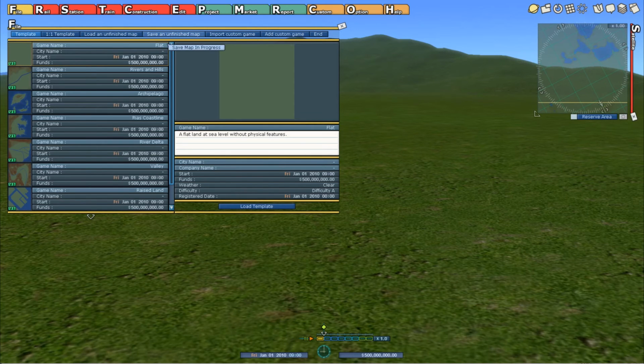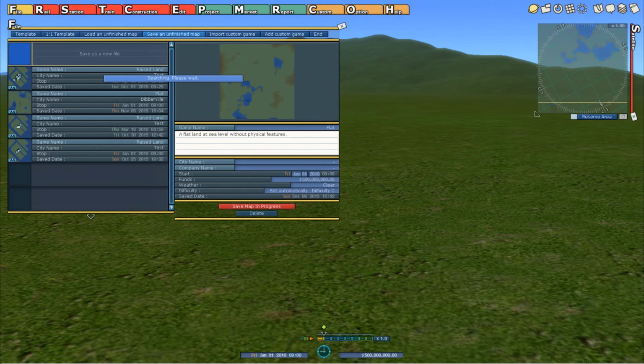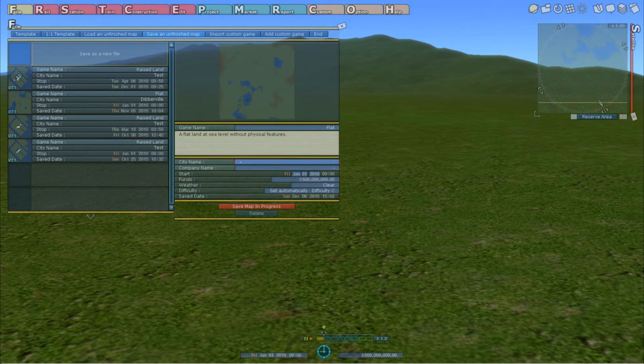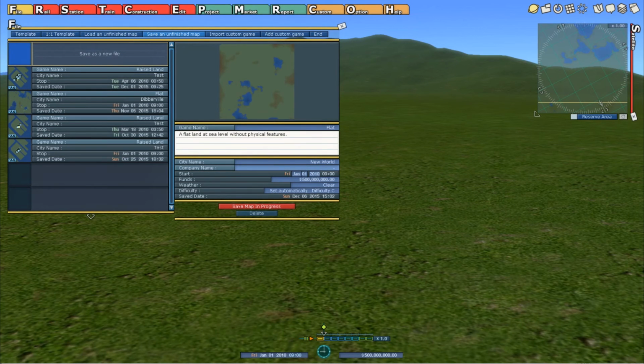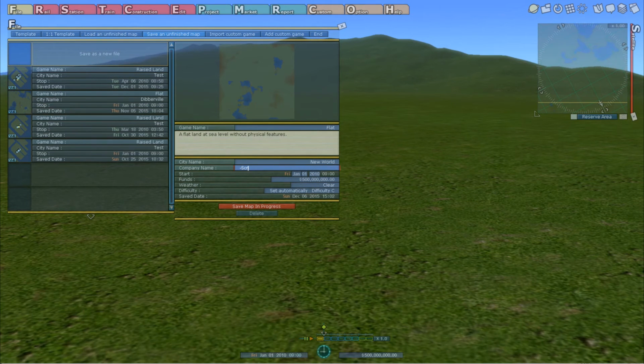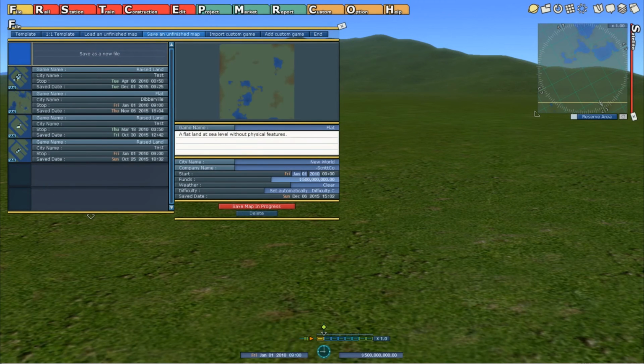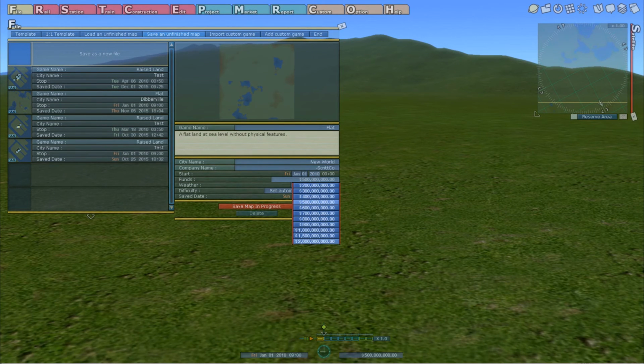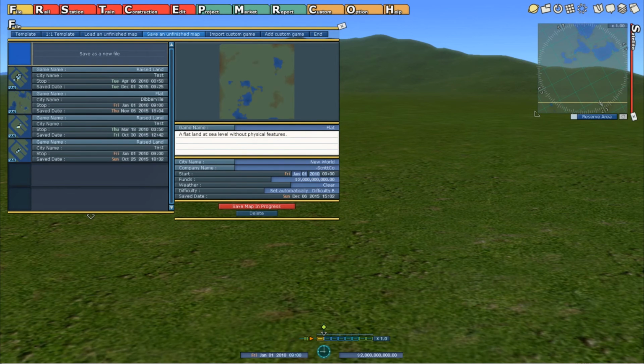I'm going to, for this tutorial, save an unfinished map. You can change all these. I'm going to call it New World. A bit pretentious, isn't it? Company name, Scriptco, just my nickname with co on the end. You can change these funds a little bit. I'm going to give it the maximum because I like a game where you build and stuff like that, rather than a game that's strictly competitive. Weather clear, difficulty automatic, all the rest of it. Save map in progress, and it's created